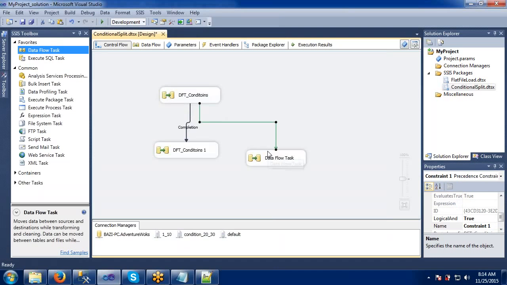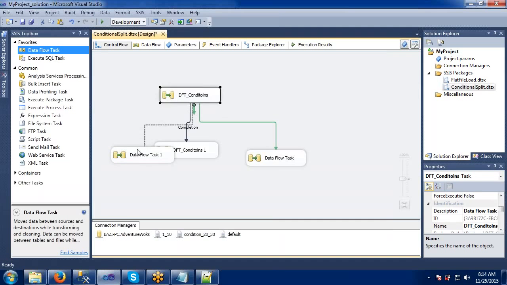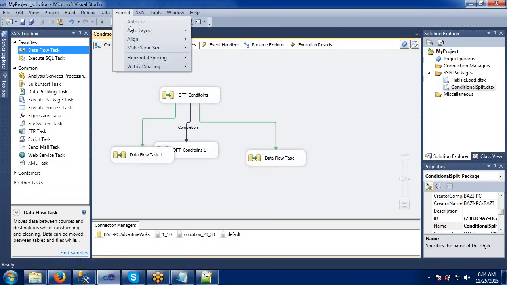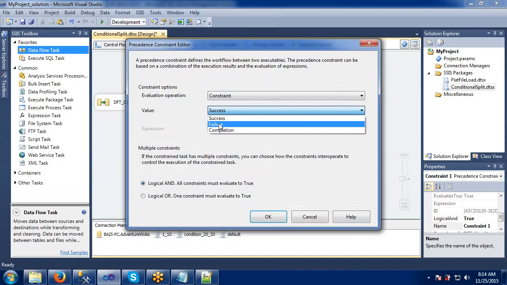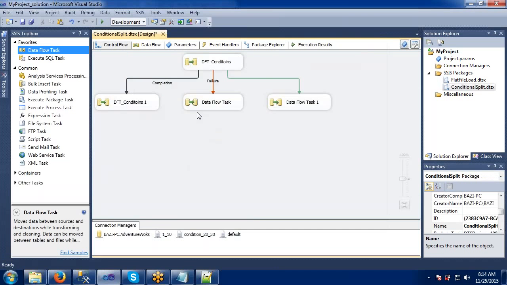I'm adding one more task here, and I will change this one. See, the first task says that if it fails, go to this one. If it is success, go to this one. If it is success or failure, it will go to here.